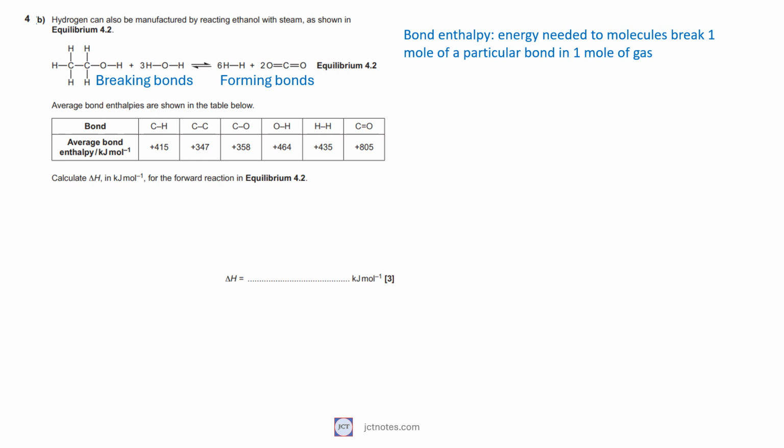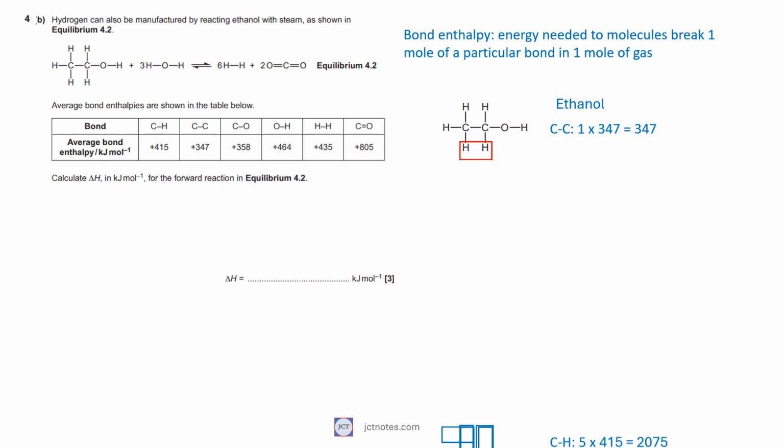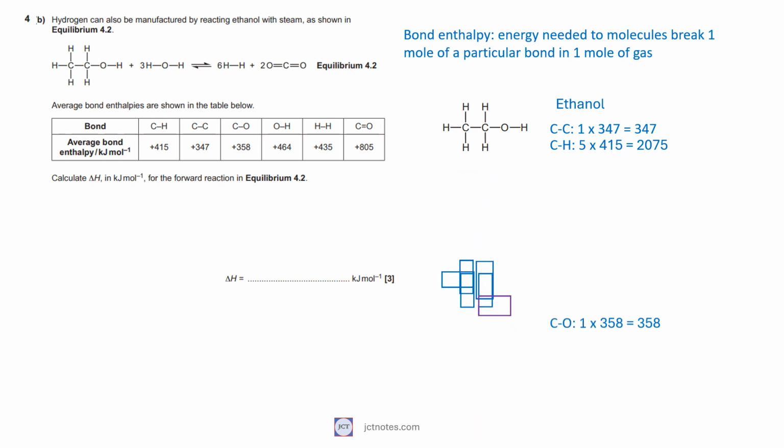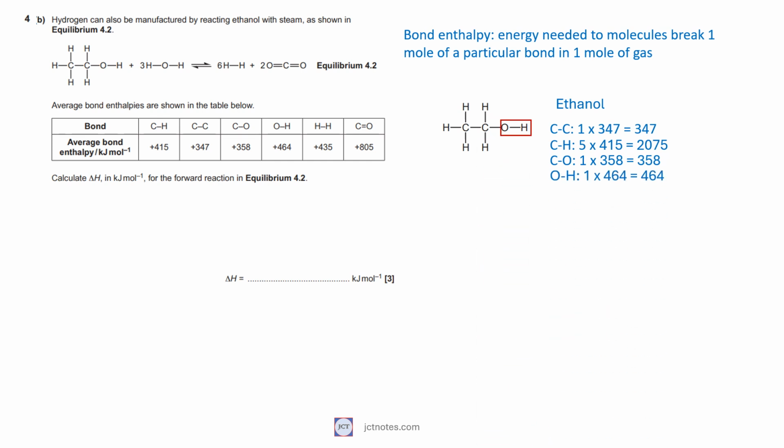First, the ethanol. We have one carbon-carbon bond, that requires 347 kilojoules per mole. Total 347, I will skip the units in the rest of the numbers to avoid constant repetition. We have 5 carbon-hydrogen bonds, with a contribution of 415 each, giving a total of 2075. We have one carbon-oxygen bond, contributing 358. Finally, we have one oxygen-hydrogen bond, requiring 464. Adding all these values, we have that the breakage of ethanol requires